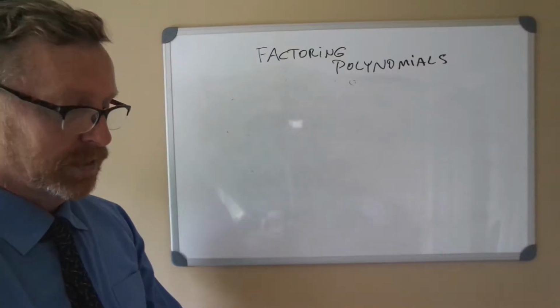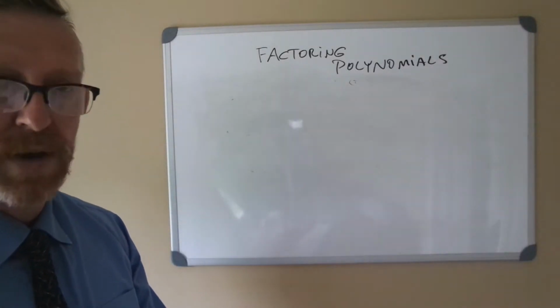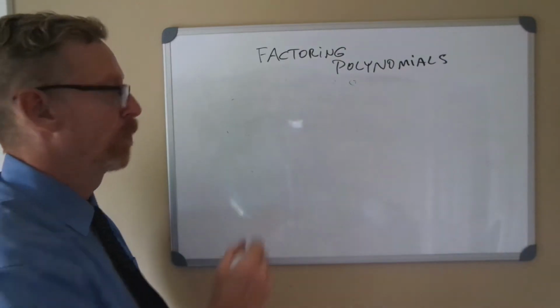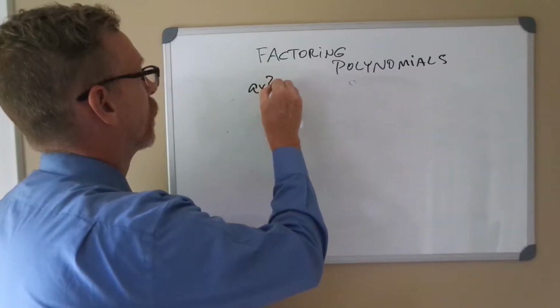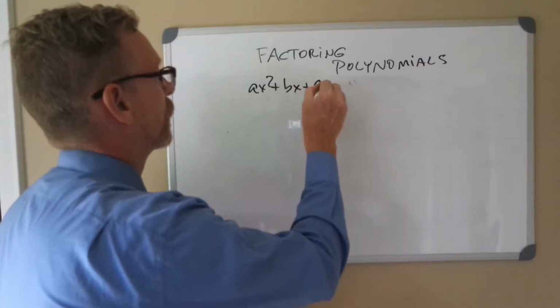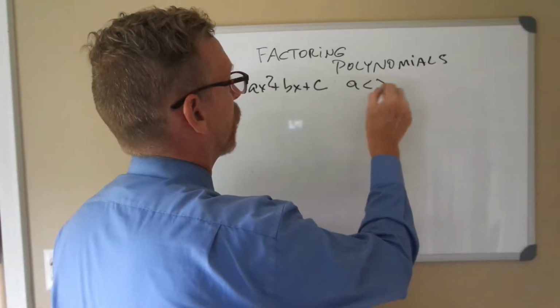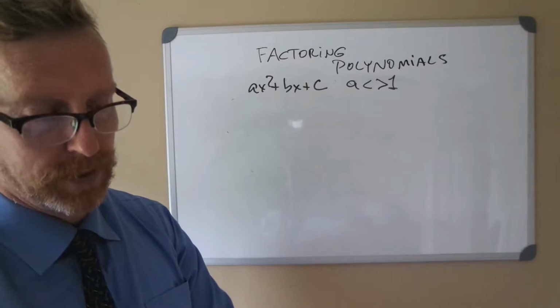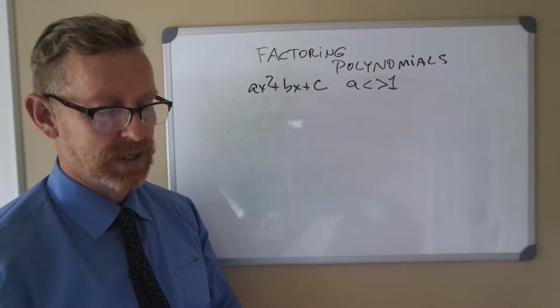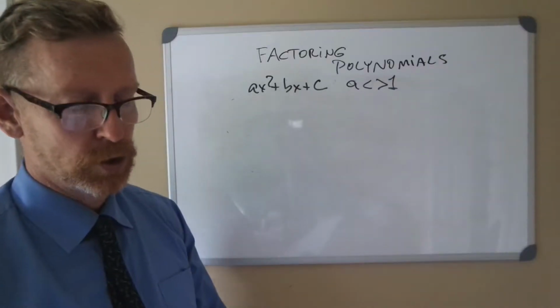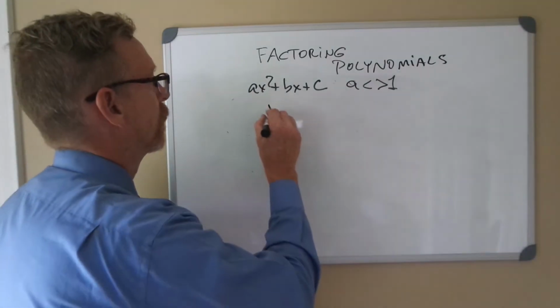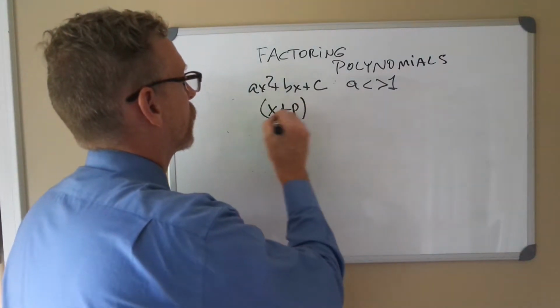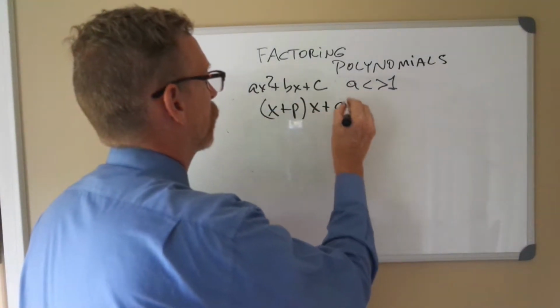So now we're going to go to the fourth method, which is trinomials of the form ax squared plus bx plus c, where a is not equal to 1, because we just did that. One method is to use the reverse FOIL method. FOIL stands for first, outside, inside, and last. And using the two terms x plus p times x plus q,